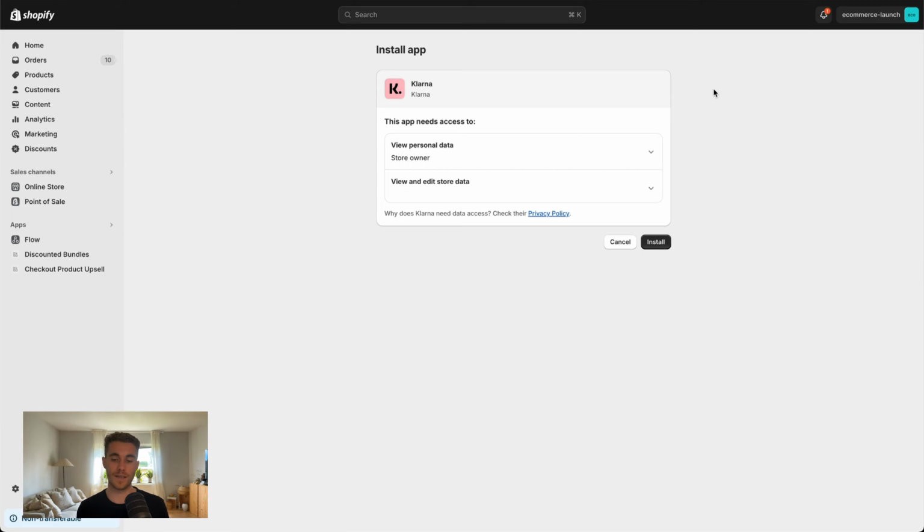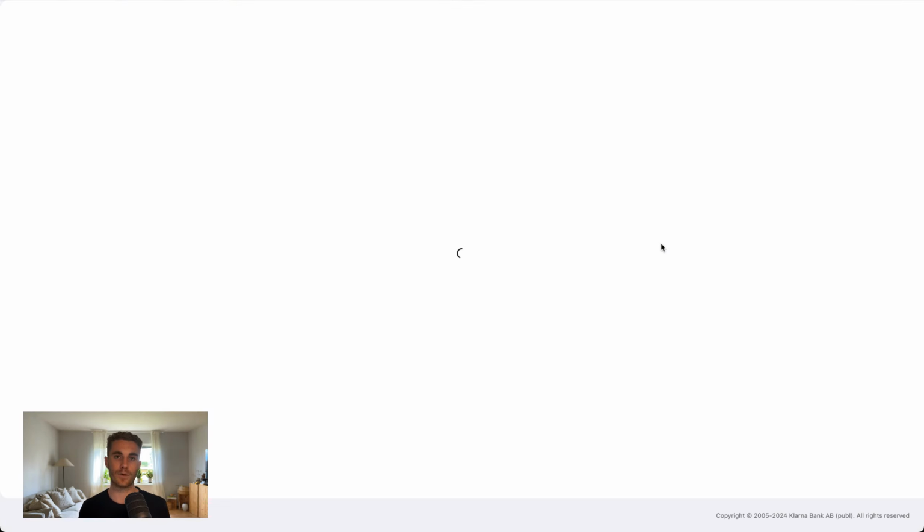It doesn't take too long and there's no harm in really installing these. They do inject little bits of code, but usually it's very small. And if there are any issues, simply reach out to their support or let me know and I'll be happy to guide you on how to remove that from your theme once I've injected those little bits of code in there. So if we click install on this one, we can then just see it prompts you